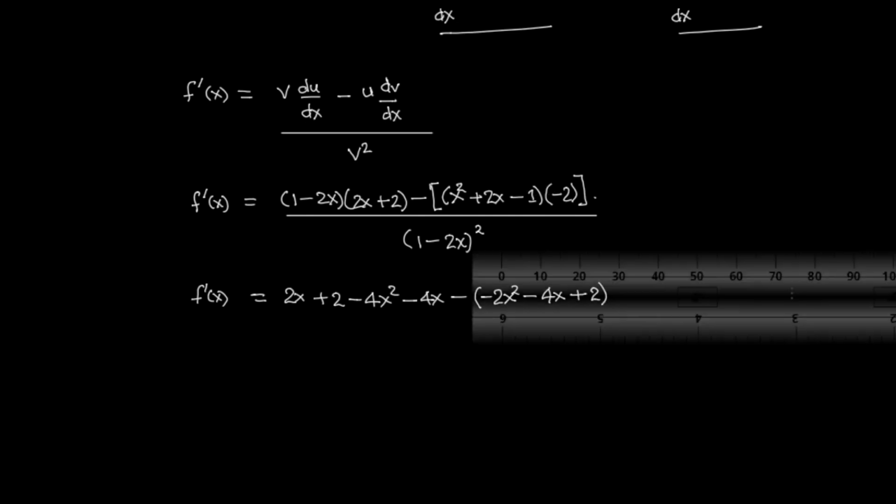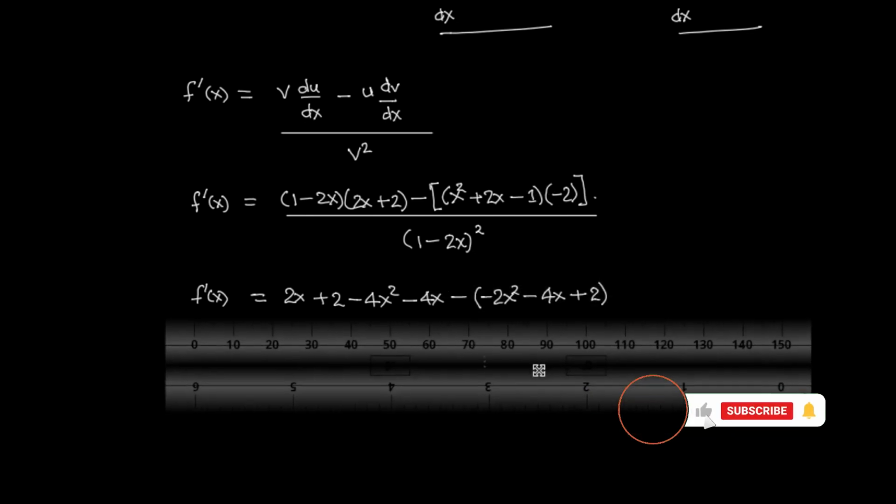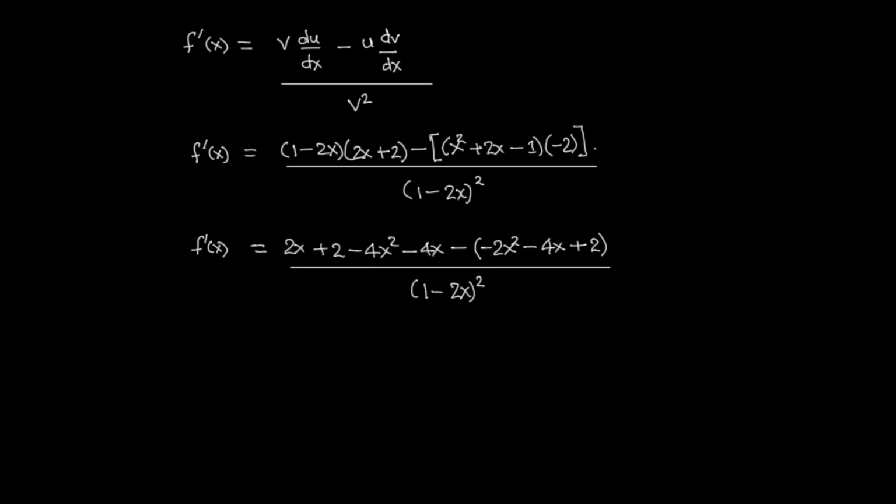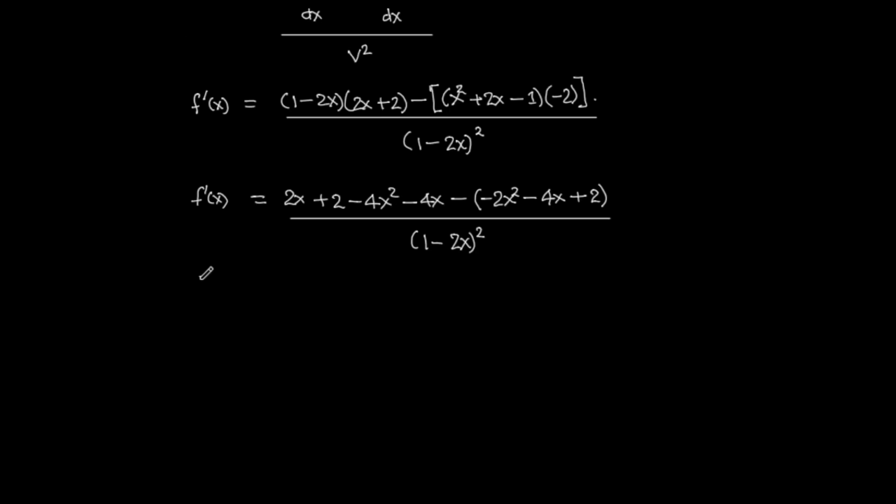Then we close this bracket and we divide it by our denominator. So let's keep our denominator the same, and that is in bracket 1 minus 2x raised to power 2. And then we can keep on simplifying our numerator, where the derivative would be, so we can start here with the lowest power, maybe you can start with this constant here, so we have 2, and then